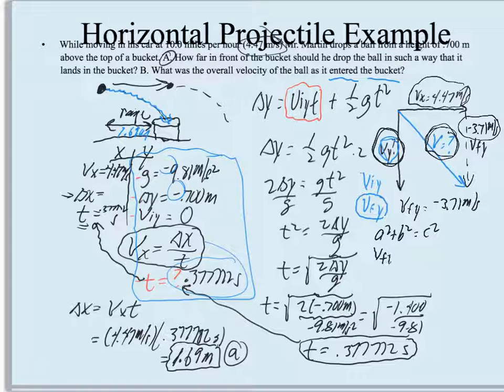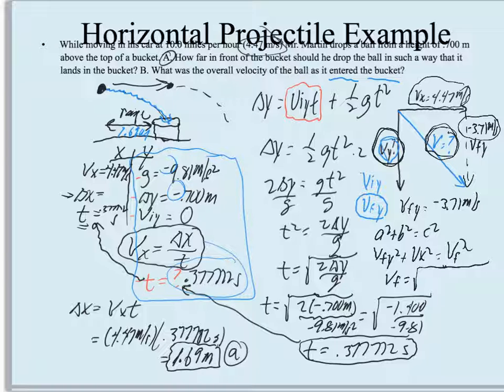Vfy squared plus Vx squared equals V overall squared. And now I can do a little bit of rearranging, and when I do that, Vf equals the square root of